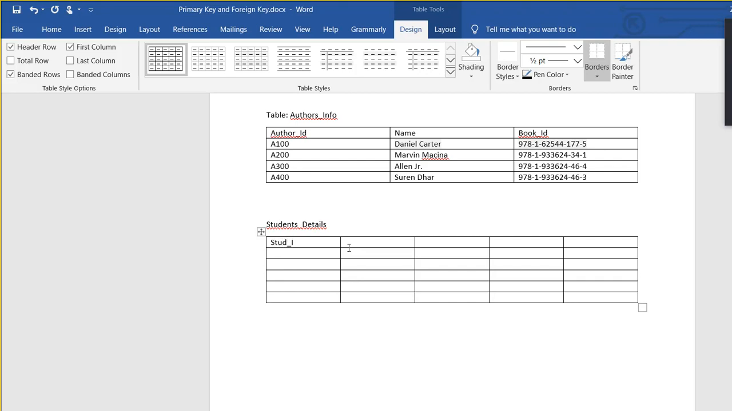Okay, I'm going to say stud id, stud name, stud dob, stud email, actually let's not put email, stud dpt, and then stud gpa. Okay, and then let's say that we have a student id,